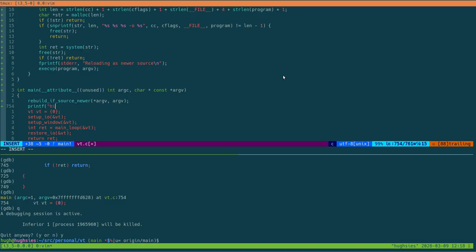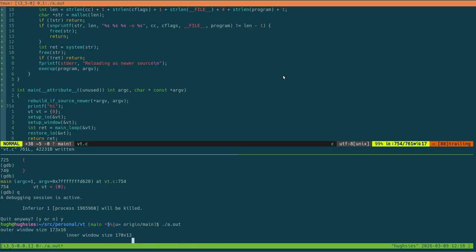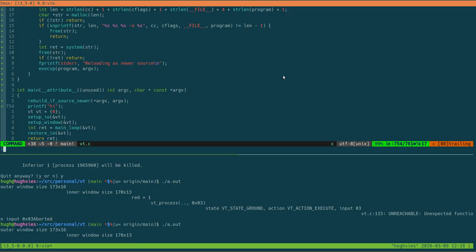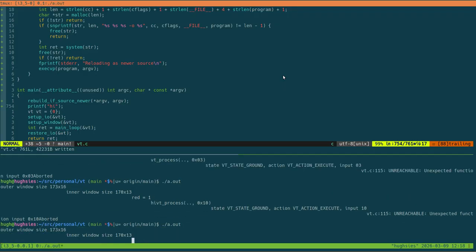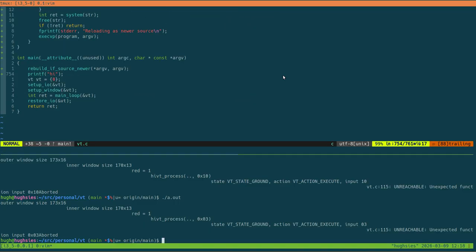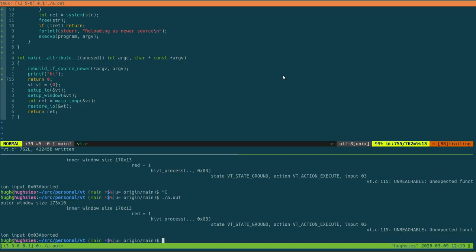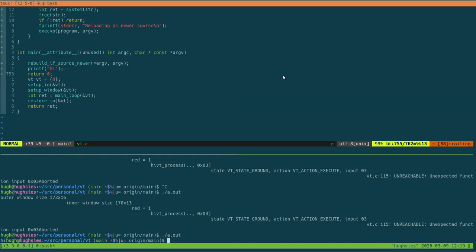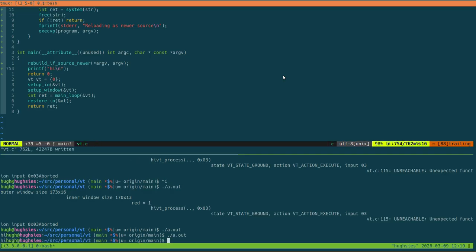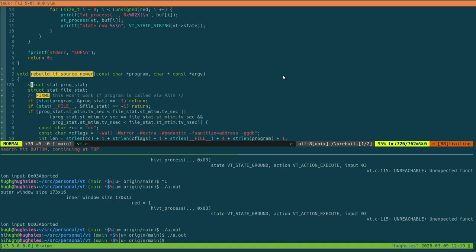printf, I'll just save it and then run this. Didn't do anything. Save, run. I don't know. I swear it works. Cool. So this rebuild if newer is